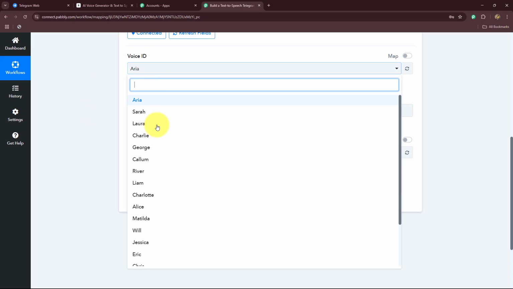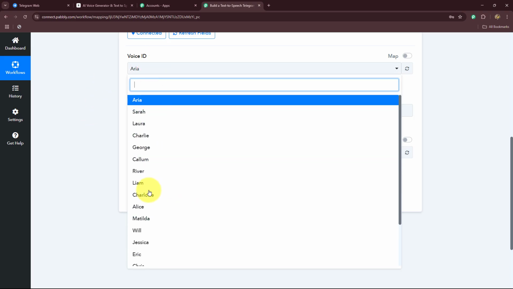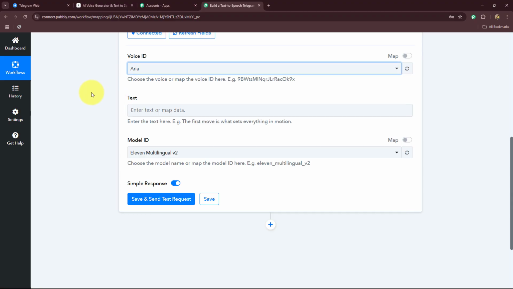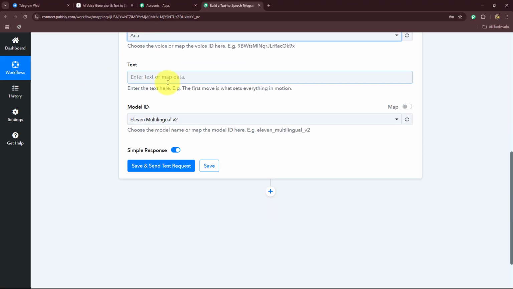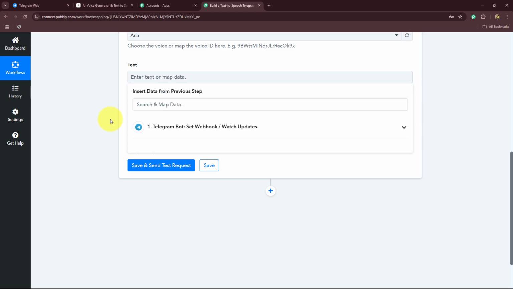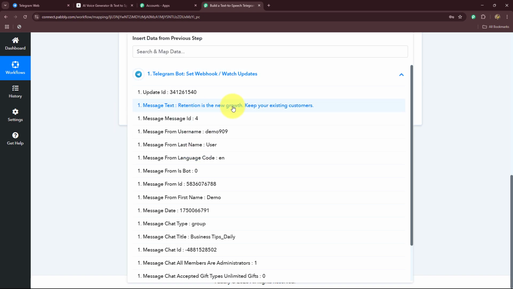Now here we have to select the voice ID by using which voice you want to generate the speech. We have Sarah, Laura, Charlie, George, etc. I'm going to select, let's say, Aria over here. Okay, now you have to provide the text that you want to convert into speech. So the text is received as a message from Telegram. I will be simply selecting this text, and here I'm going to insert it like this from the previous step